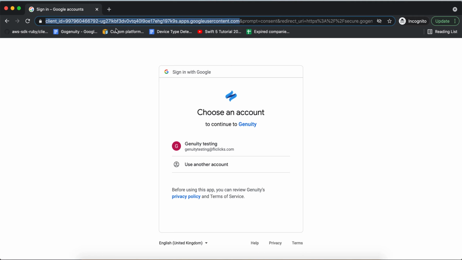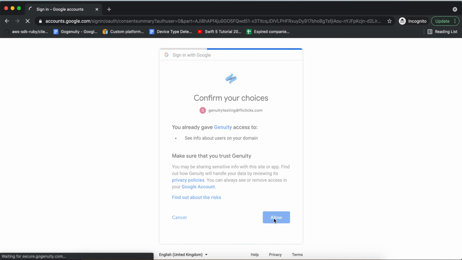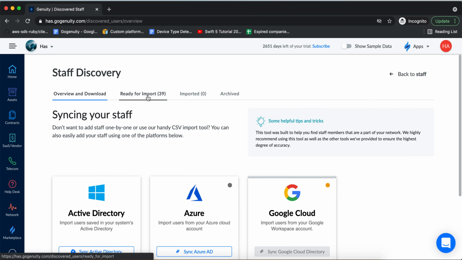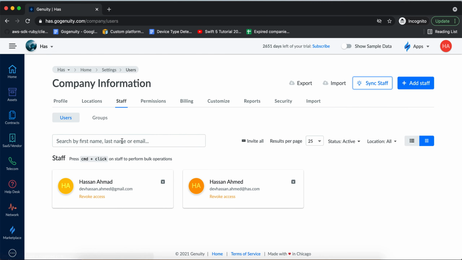We are also showing the client ID here, and the name of the website is also displayed. So once the integration is done, we are displaying all the users in the ready for import section, so that they can easily import to their staff. And once they are imported to staff, all the staff members will be enlisted here.